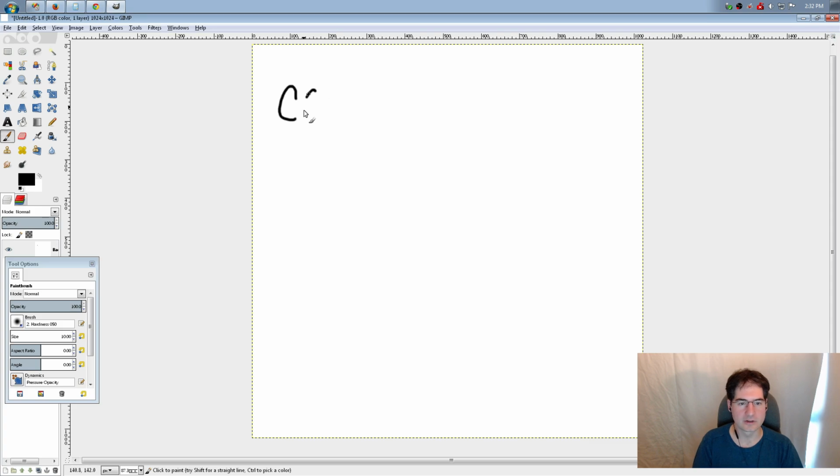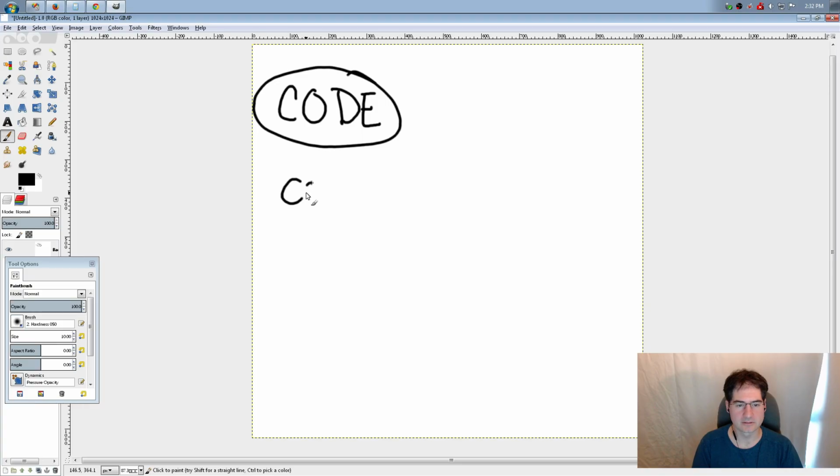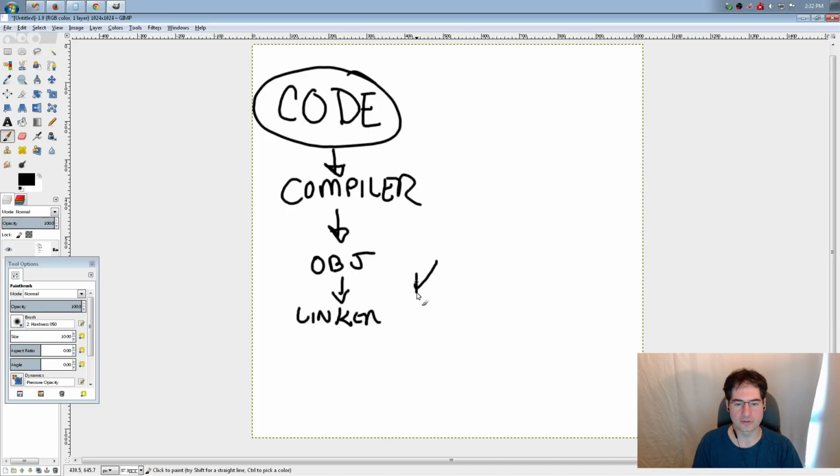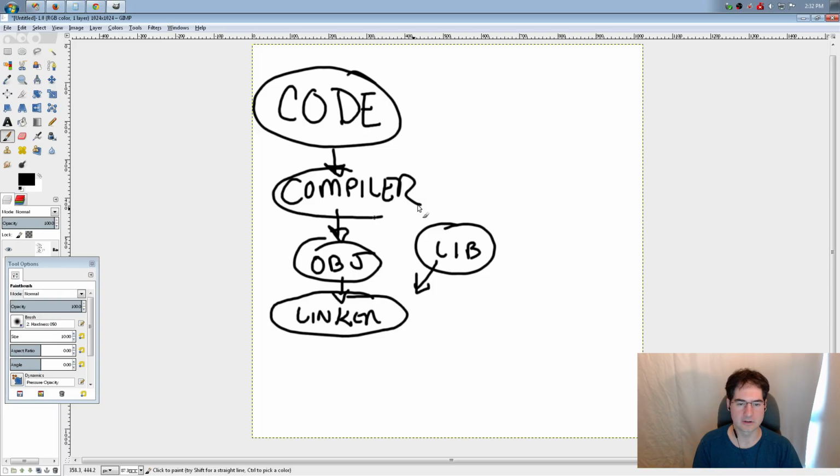So we have code that we write, right? And the code goes into the compiler. The compiler spits out what's called an OBJ file, and we'll be looking at those in the main stream a little bit. The OBJ files go into the linker, and they're joined with things called libs. And libs are basically a bunch of OBJs that have been compiled together into a group. So they're things like the system libraries that allow us to interface with the system. These all go into the linker.